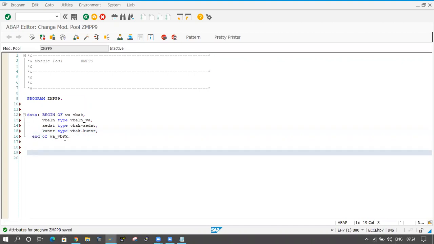End of work area. I'm declaring one work area. Okay, that's it. And now I will go to the screens.